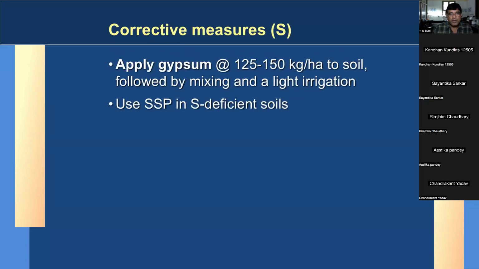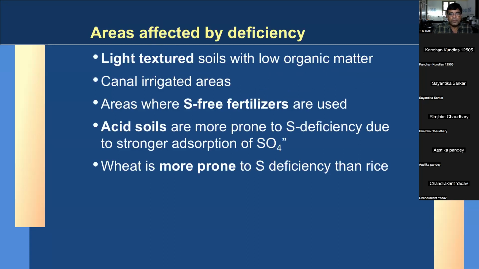If anybody knows, yeah. Wheat is more prone to sulfur deficiency than rice. Maybe some genetic causes or genes affect the physiological reactions in the plant. So I know this much, but if anybody knows more, can come up. It is more prone to sulfur deficiency than rice. Because even in plants, some plants are tolerant to acidic conditions. Some plants are tolerant to even